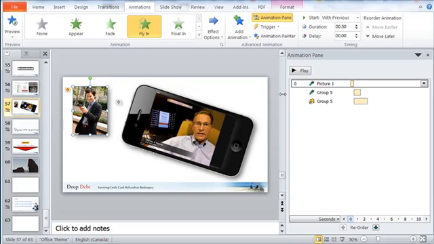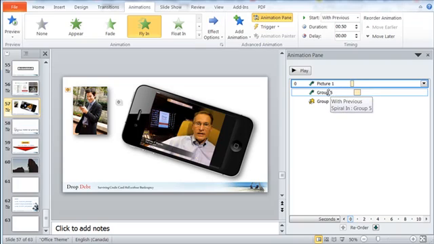So you have actually just one animation on this, which is the fly in animation coming from the left, and then you've got your duration of how fast you want that to come in, and then after that, this is our what we call our animation pane. So that's that first picture right there. When I put the highlight on it, it shows me I'm selecting this one, so that flies in, and then